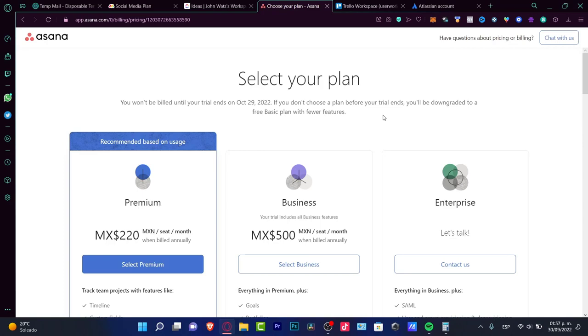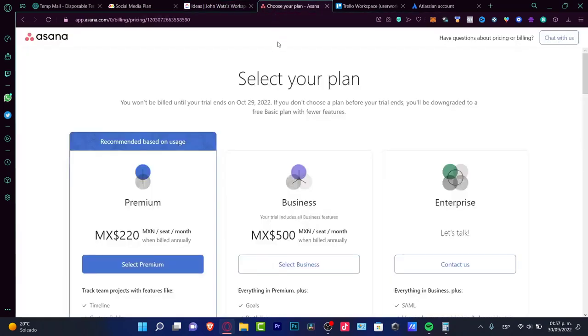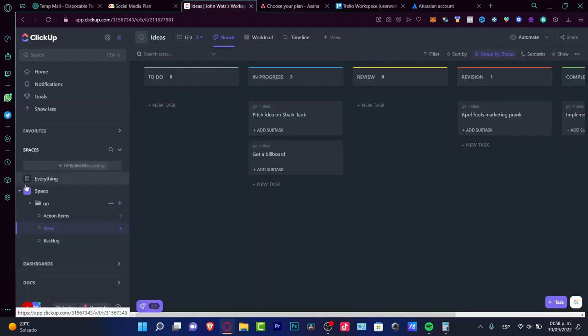I'm not pretty sure if that's the reason. The thing is that you need to have a trial workflow of both applications to see which one fits you the best, and which one has the features that you need in order to work more efficiently in your project. So the first thing I tried to compare between both applications is the